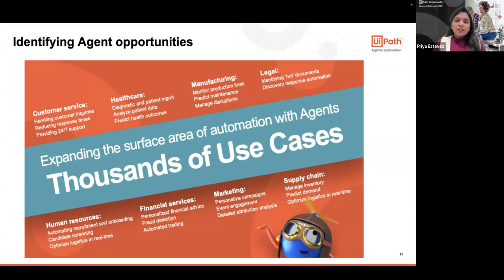And again, in other industries like legal, identifying hot documents, and providing an easier answer in layman's terms. You could have an agent explaining, okay, this is what this term means. Or if somebody receives a lot of legal notices, explaining in layman's terms what it means, so that they could get the right kind of attention and response that they need, and seek the right kind of help. This really helps people not spend hours and hours going through paperwork. That's where the agents could step in and really help out.